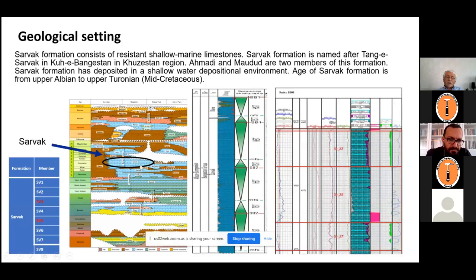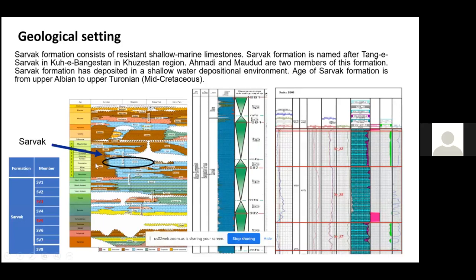Sarvak formation consists of limestone, and it belongs to the Middle Cretaceous. The age of this formation is Albian to Upper Turonian, and it includes 3 members such as Mishrif, Ahmadi, and Mauddud. According to different sequence stratigraphic studies, it includes 4 to 6 third-order sequences in different